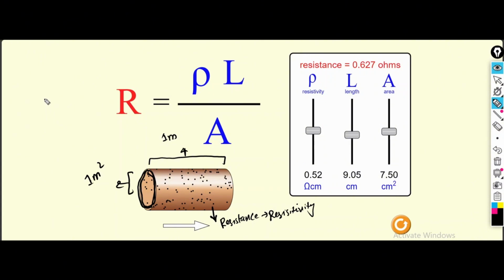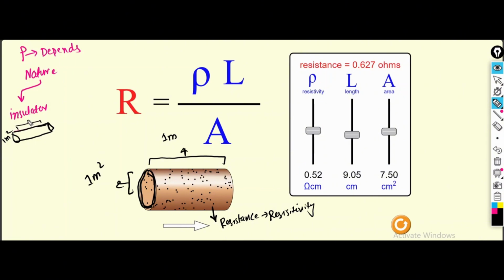So therefore the resistivity of the material also depends upon the nature of the material. If we select the insulator, the rho depends upon the nature of the material. So if I consider the insulator and make the rod from that insulator 1 meter long and 1 meter square in cross-sectional area,